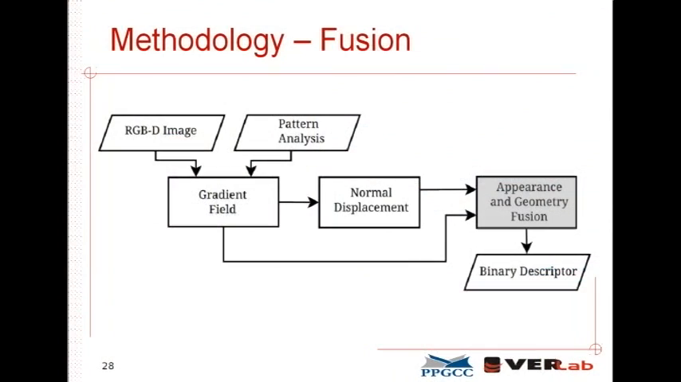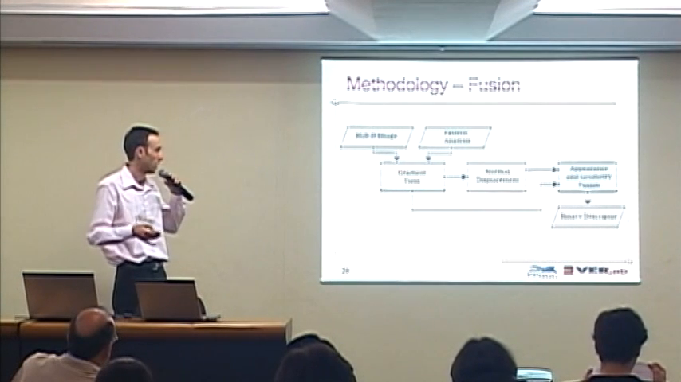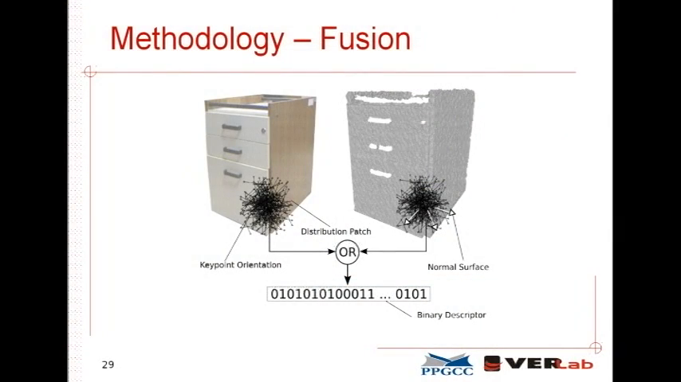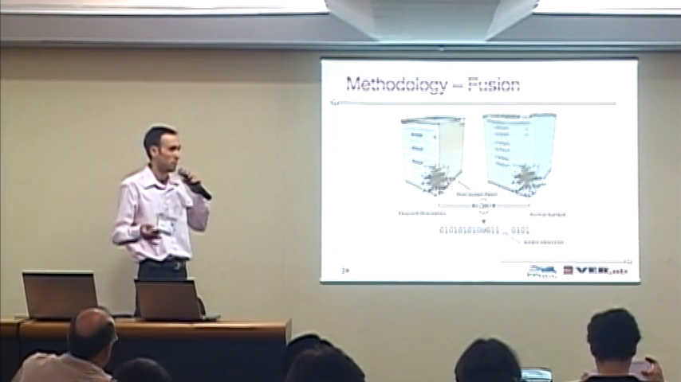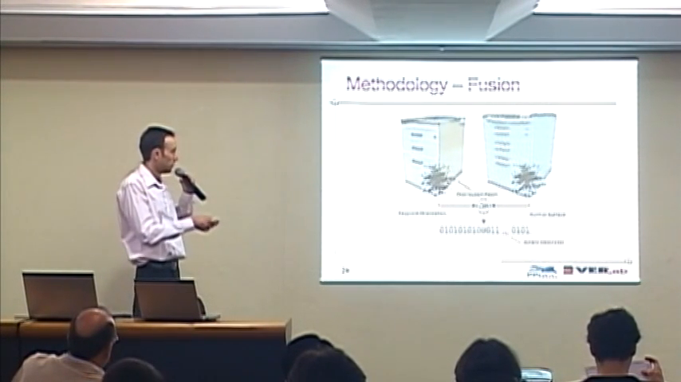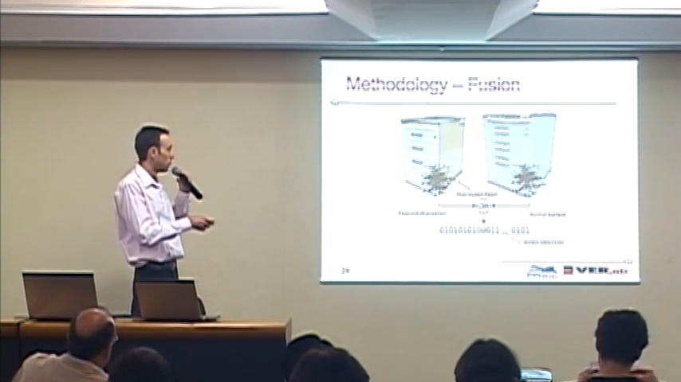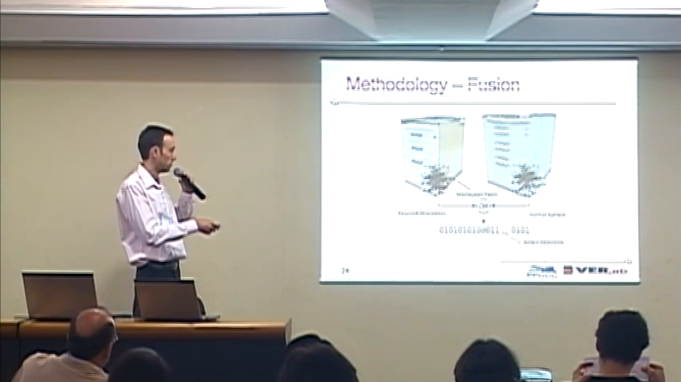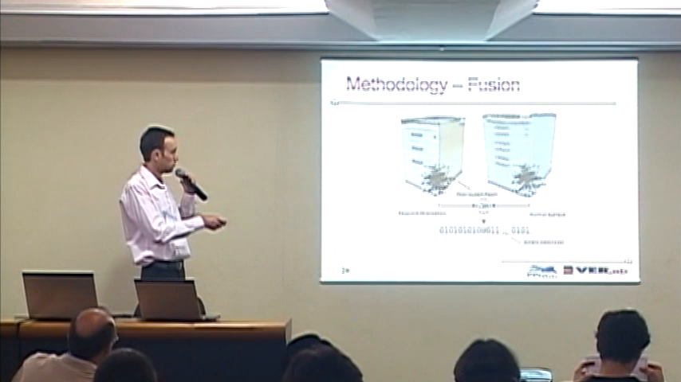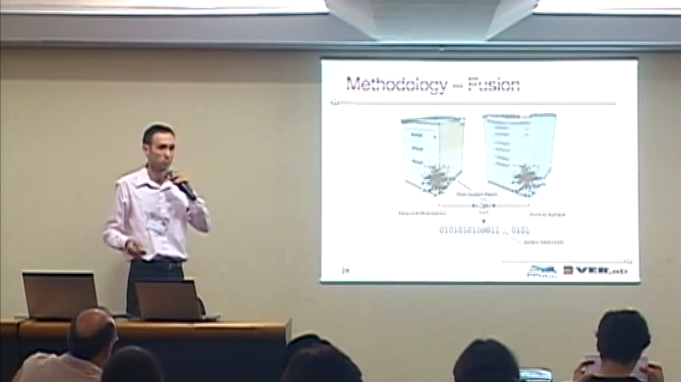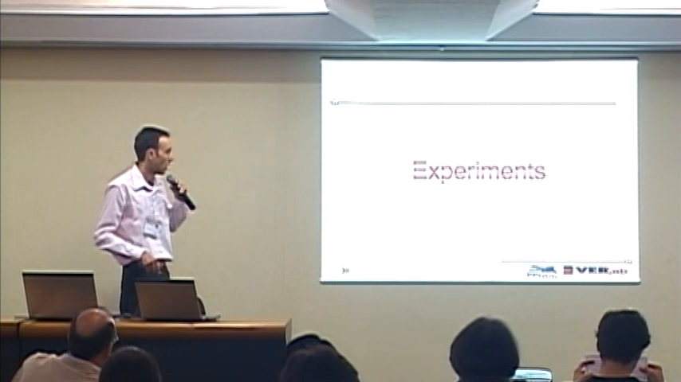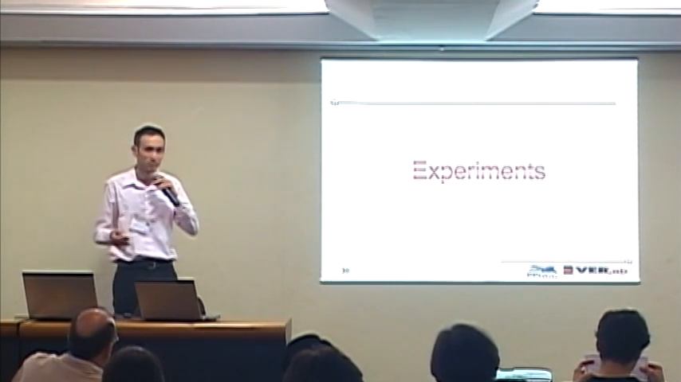So finally, we use these two pieces of information to fuse the appearance and geometric analysis. The fusion step is based on the bits created in the image domain using the regional analysis of the intensity of pixels, and the bits created by evaluating the normal displacement. We compute an OR with these two bits, and the resulting bit is used to compose our final binary descriptor. We performed several experiments to test and